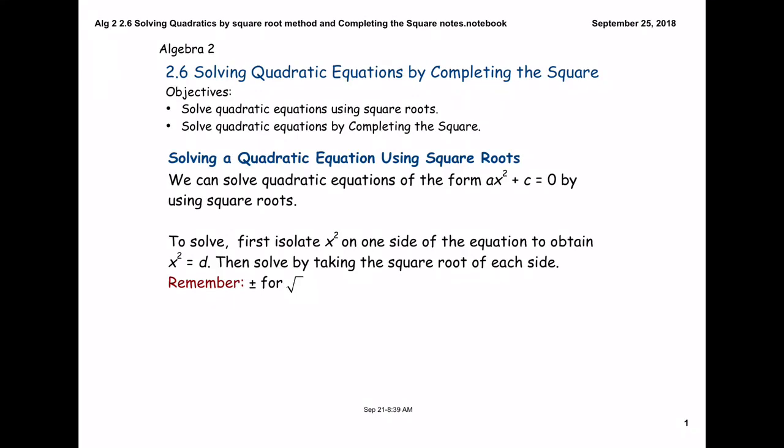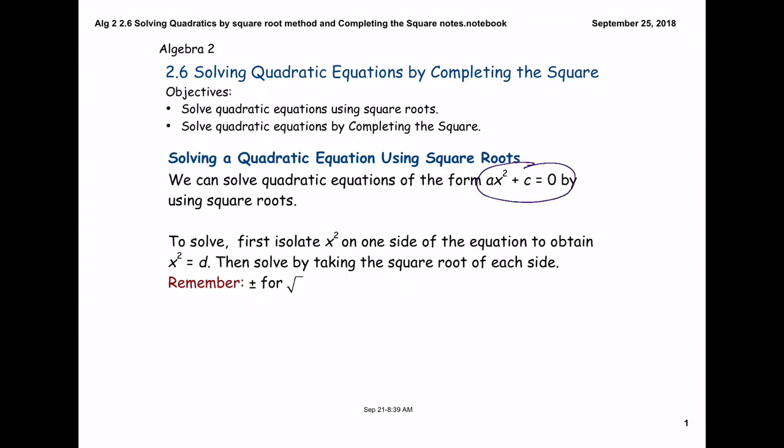2.6, solving quadratic equations by completing the square. Today's objectives: we are going to solve quadratic equations using square roots, and then we are going to solve quadratic equations by completing the square. Solving a quadratic equation using square roots, when we have a quadratic in the form of ax squared plus c